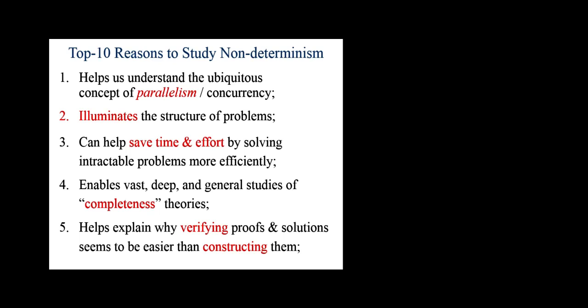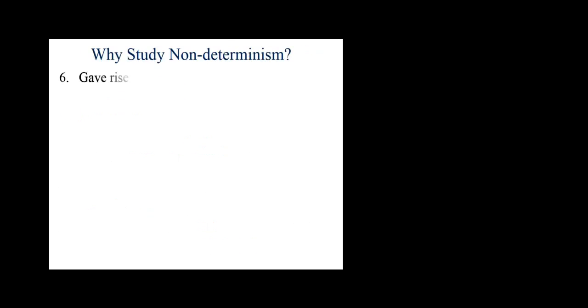Well, non-determinism and completeness theory helps us shed light on this phenomenon, and in some sense, in some scenarios, one is not harder than the other. Solving it and understanding it may actually be equivalent, modulo some polynomial time difference, but not an exponential time difference. So there's a lot of insights to be gained from that. So that's another reason. So there's more reasons, right?